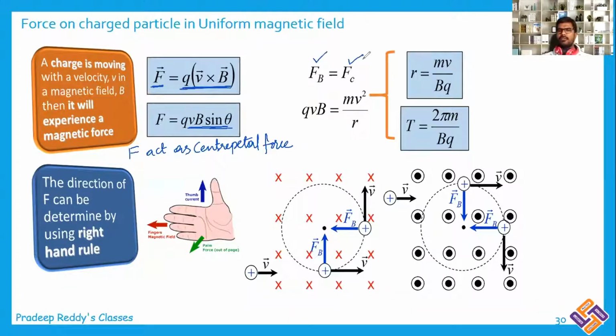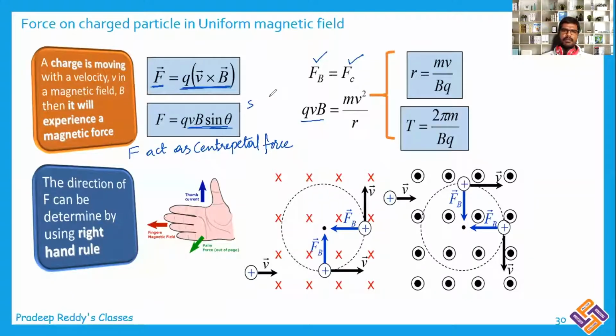So the magnetic force magnitude is equal to the magnitude of the centripetal force, which will be exactly balanced by the centrifugal force. Therefore, F_B, the magnetic force, is equal to qvB